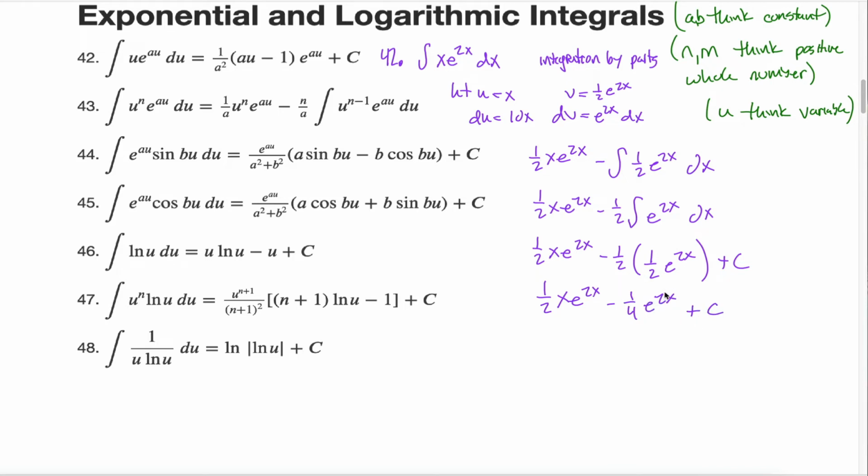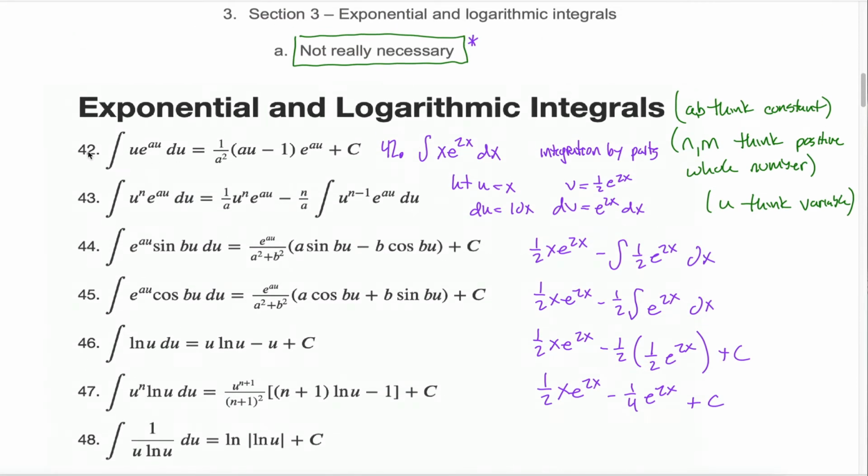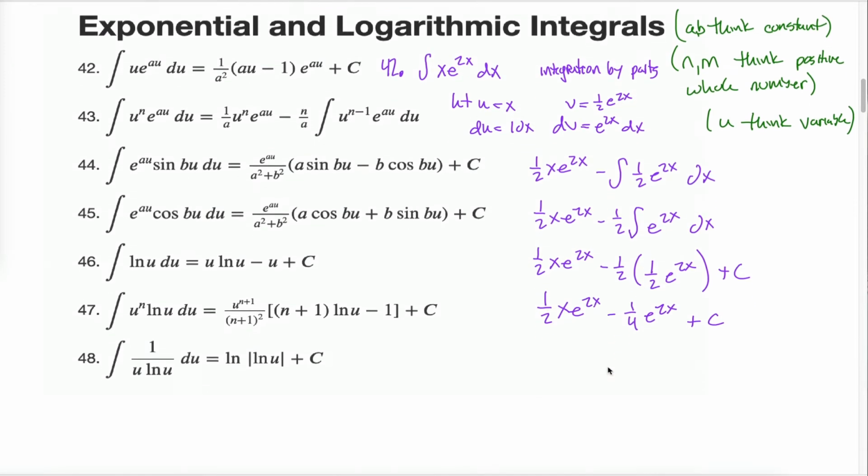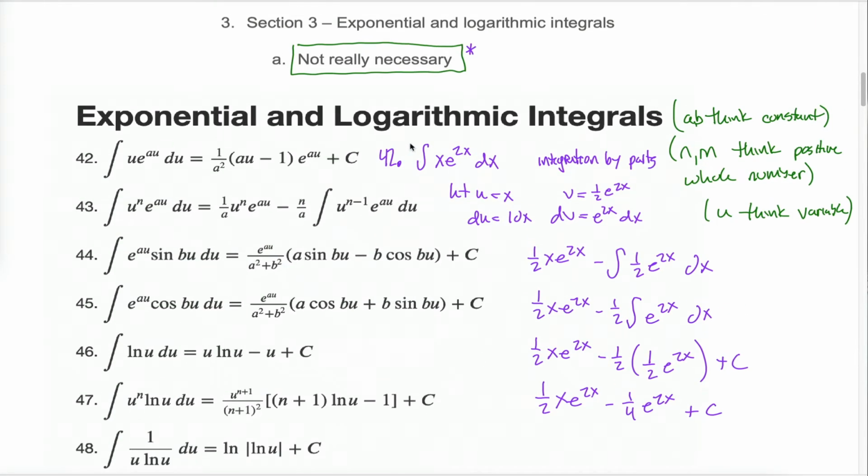And you're like, oh, okay, but where do we use the tables? We didn't use the tables at all. We didn't need to. My point is that table 42 isn't really necessary as long as you're good with integration by parts. But if you really didn't like integration by parts, or if you thought that was a little bit too much work to do, what you could have done instead is come here to our original question, and do a